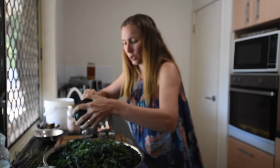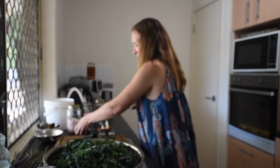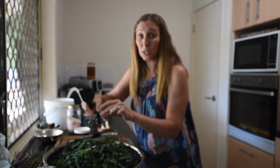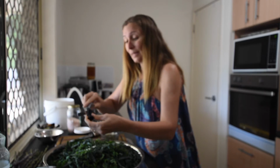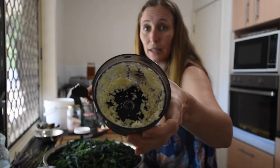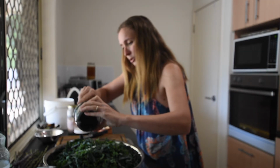Now you can sit and chop, or you can put it through a garlic mincer, or whatever. If you like bigger chunks of garlic, don't chop it so fine. Leave the bigger chunks in there. I like to use the smaller bits of garlic, so it's more crushed, and it goes through the